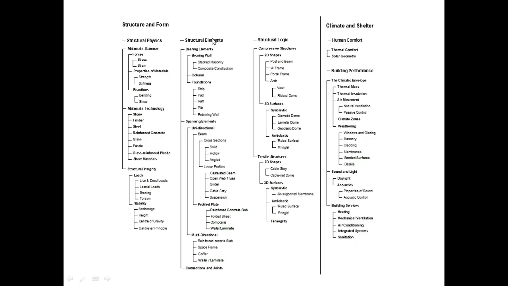What we're going to look at today is this column here, structural elements, and specifically this area, which is what we call bearing elements. So we break structural elements down into 2 fundamental areas: bearing and spanning. Bearing elements in general are the parts of a building that take load to ground. Okay, walls, columns and foundations. Spanning elements are the things that we need to hold in space,